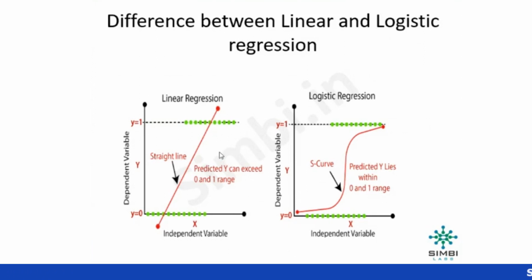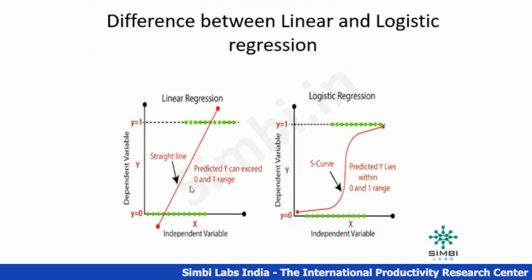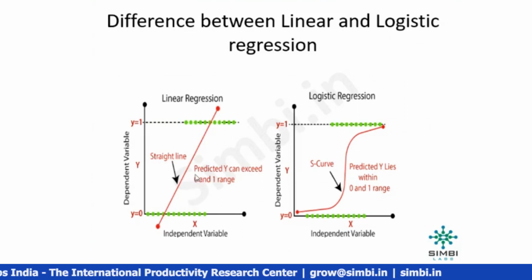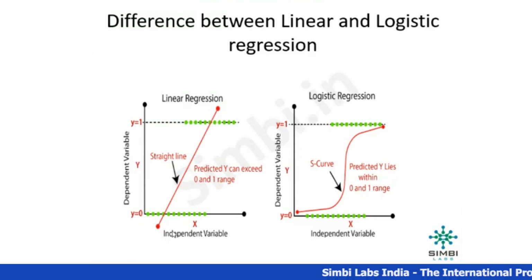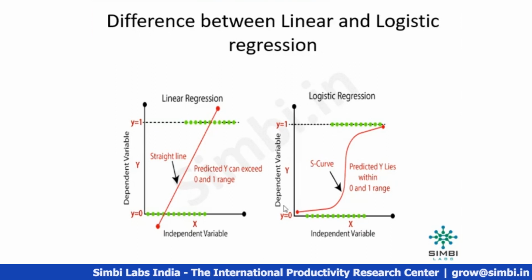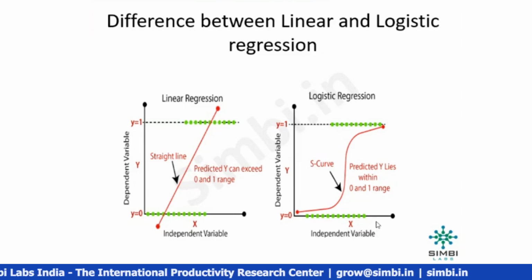And we already know about the difference between linear and logistic regression. In linear regression, there we can see a dependent variable and one independent variable, and there we can find one fixed line, one fit line, that is a straight line. We can predict the dependent variable, which can exceed the 0 to 1 range. And whereas in logistic regression, there are dependent variables and independent variables, and we can get